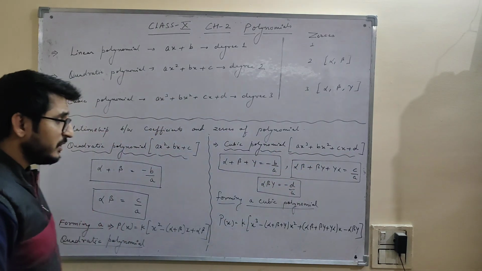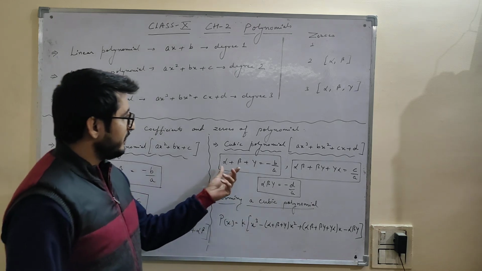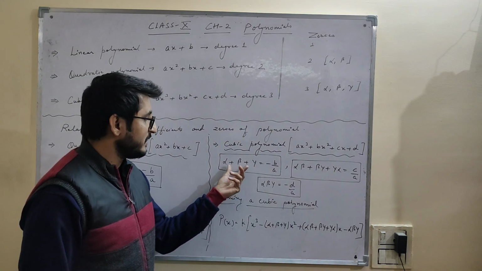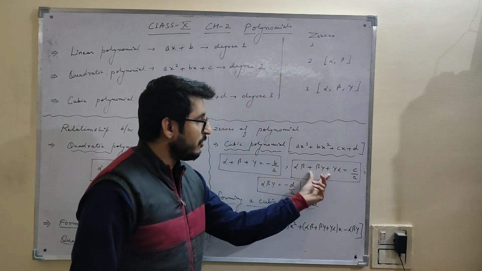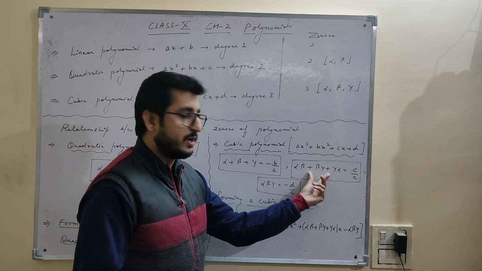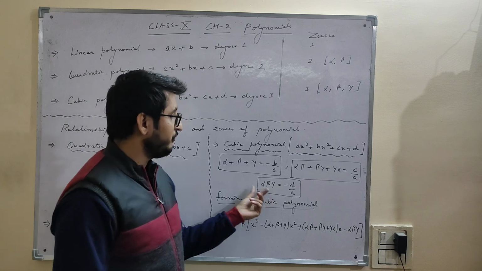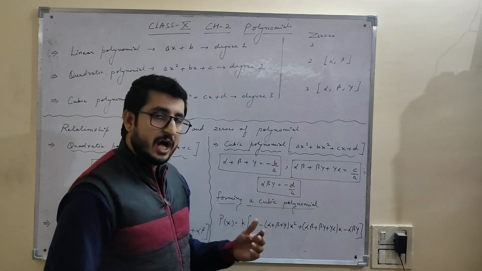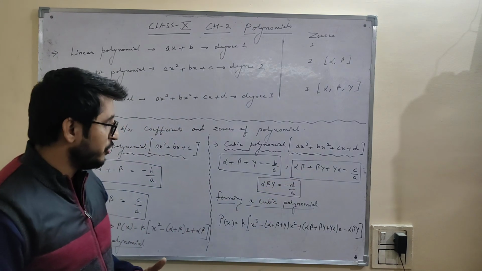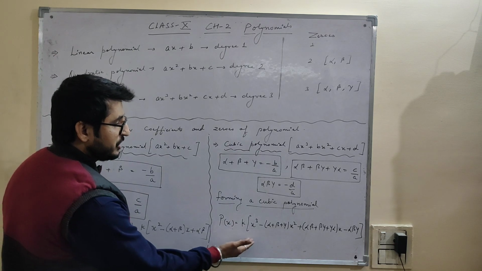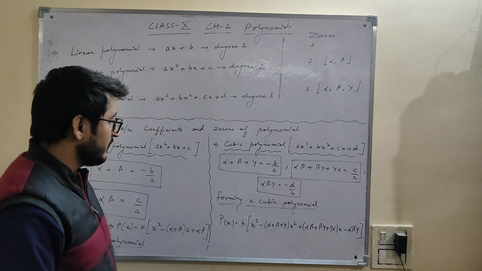Now similarly, if you are given alpha plus beta plus gamma, that is the sum of the zeros, the sum of the products of zeros taken two at a time, and alpha beta gamma, that is the product of the zeros, how will you form a cubic polynomial? You can use this expression to form a cubic polynomial. You can form the